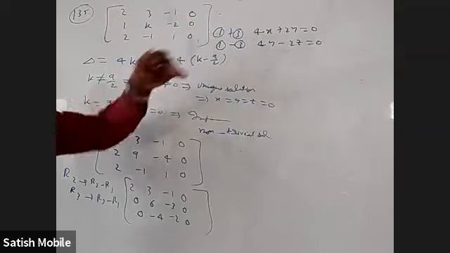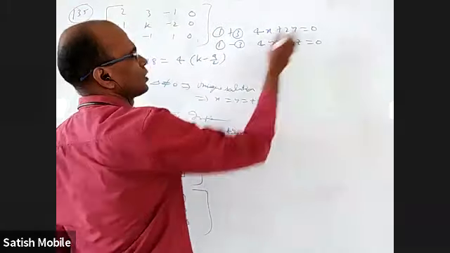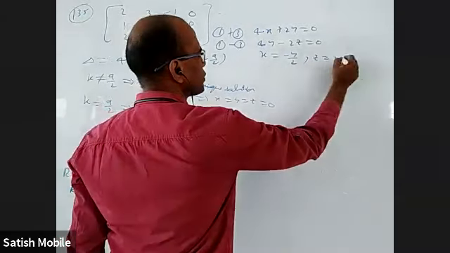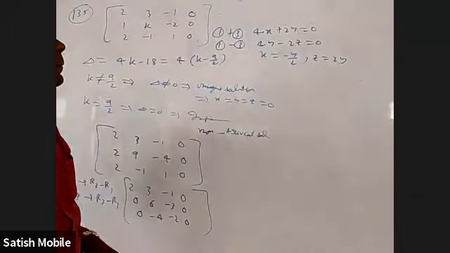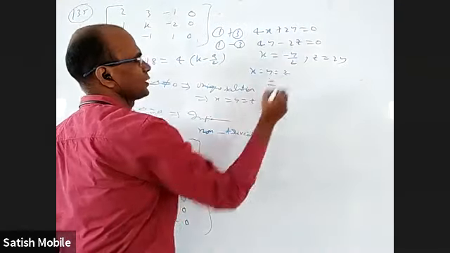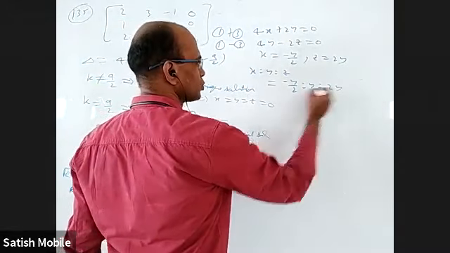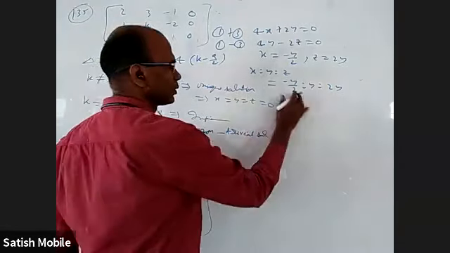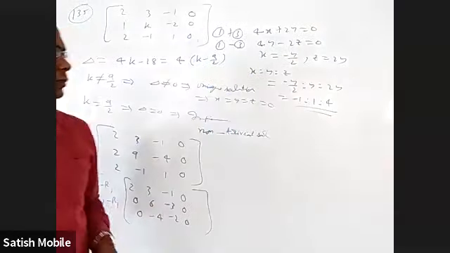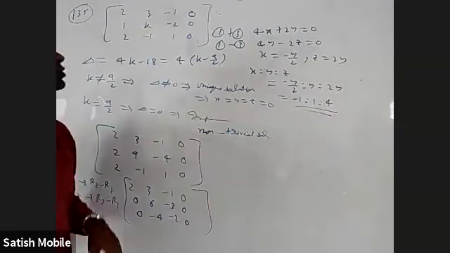Right there, I got the ratio of x to y to z. What is common? y is common. So I'll get x equal to minus y by 2, and z equal to 2y. Now if you want x to y to z, it is minus y by 2 to y to 2y. Cancel y, multiply by 2. You'll get minus 1 to 2 to 4. So you can take x as minus k, y as 2k, z as 4k, and any k is fine. It will satisfy all the given three equations.